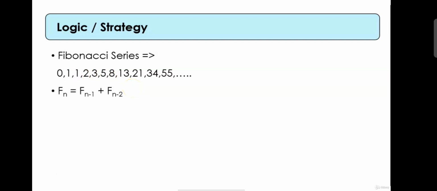So here we can apply recursion to find out the nth term of Fibonacci series. So nth term of Fibonacci series is sum of n-1 and n-2 terms of Fibonacci series. In recursion we need termination condition, and here we have 2 termination conditions, that is f0 is 0 and f1 is 1. So at that time the value will be returned as it is. Let's go ahead and implement the Fibonacci series using recursion.